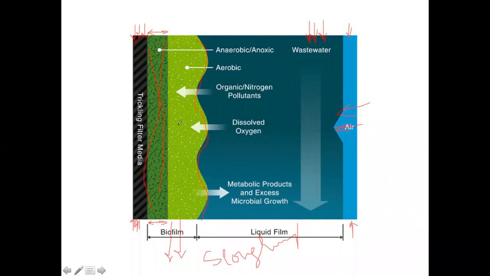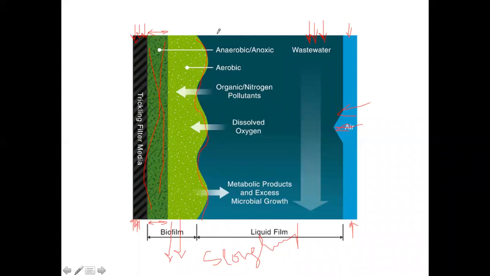So during this sloughing process, whatever biofilm is developed here will come out with the wastewater and remain in suspended condition, which can be separated out after the trickling filter in a secondary sedimentation tank. Again, after the sloughing of this biofilm, biofilm generation will start again: some thinner biofilm will generate, after that thicker biofilm, and then even thicker biofilm.